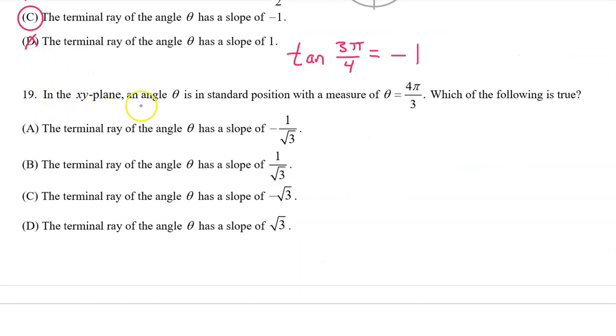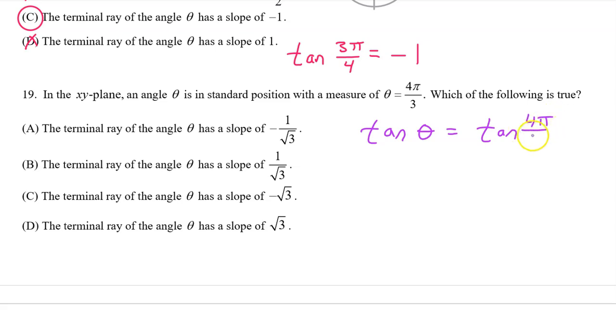Number 19. In the xy plane, an angle theta is in standard position with a measure of theta equals 4 pi over 3. Which of the following is true? Again, they are all just saying the slope of the terminal ray of angle theta. That means the tangent of theta. And we are given that theta is 4 pi over 3. So we're talking about the tangent of